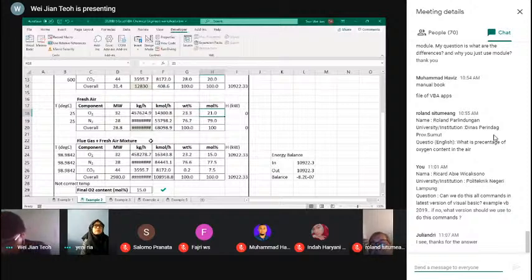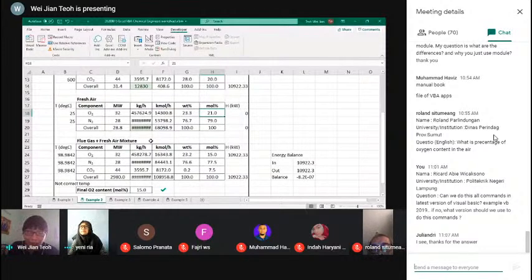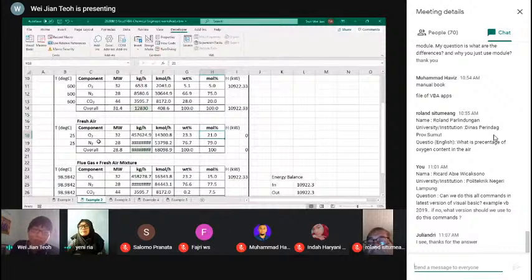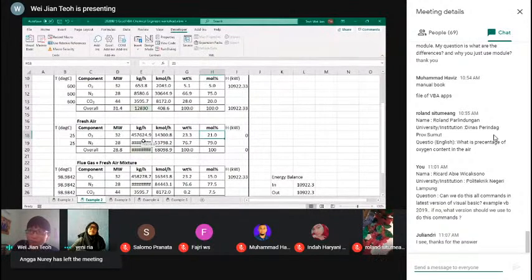Okay, I can give you the example answer and the real answer. The real answer is that the oxygen content in air will differ depending on where you are. The air in Malaysia might differ from Indonesia, and the United States might differ. But the range is around 20.5 to 20.2%. In this example, I just use a simple 21% to make it easy for you to calculate. In real life, air contains more gases: water, CO2, argon, rare gases, nitrogen, and so on.